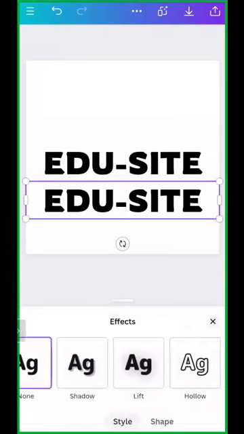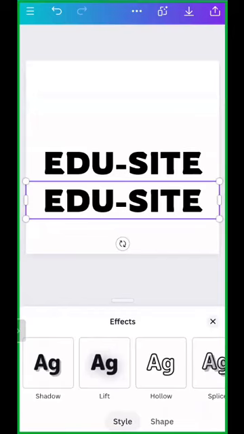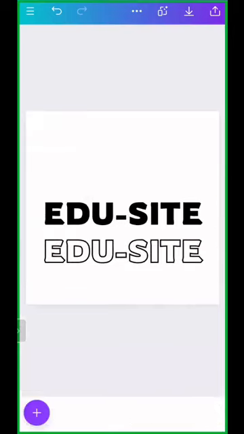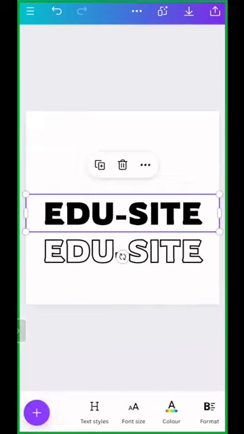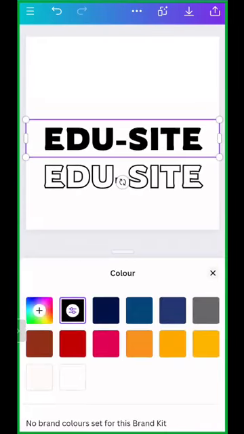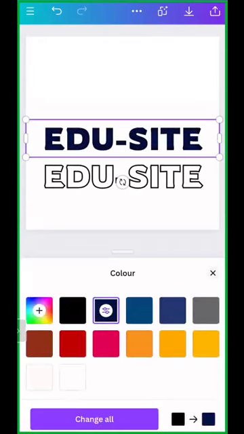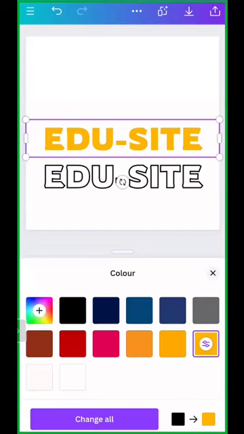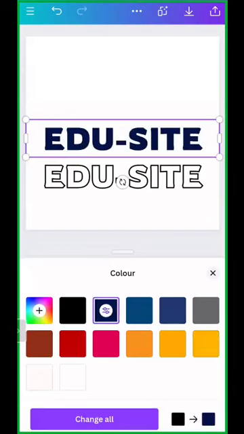Done with effects. In the effects you have for the text, you have holo effect. Fine. Give the holo effect. I want you all to change the colors. Okay. Play with the colors as well. Please play with the text and create a beautiful design. It's all up to you. You can create a beautiful design in whichever way you want.